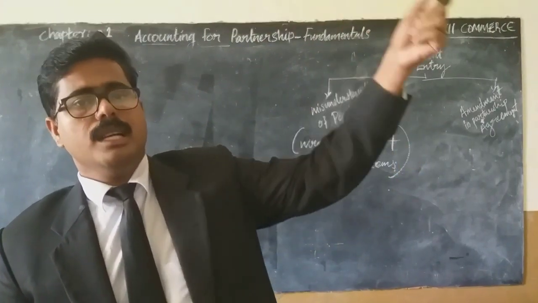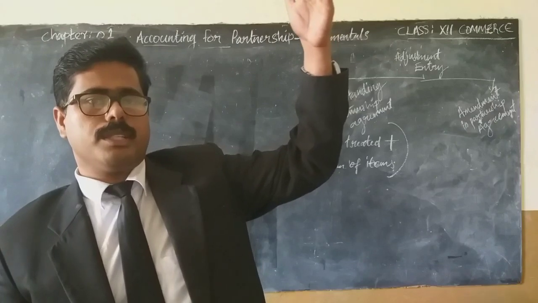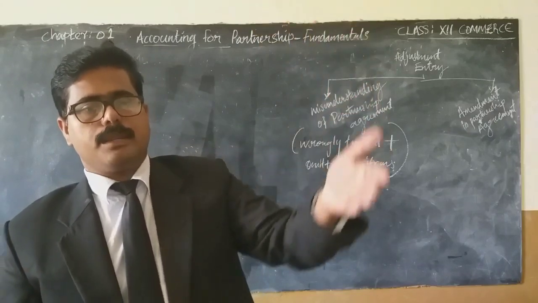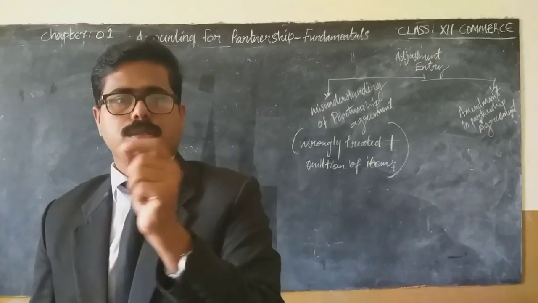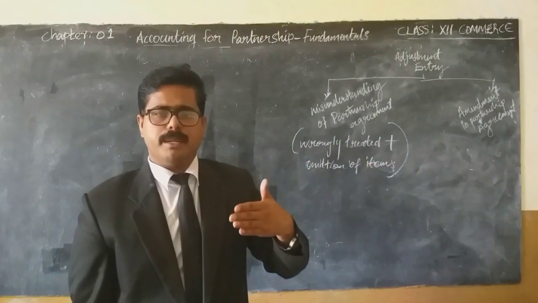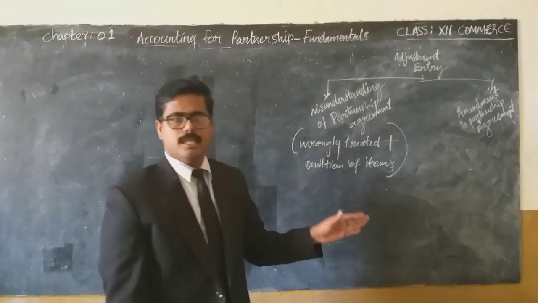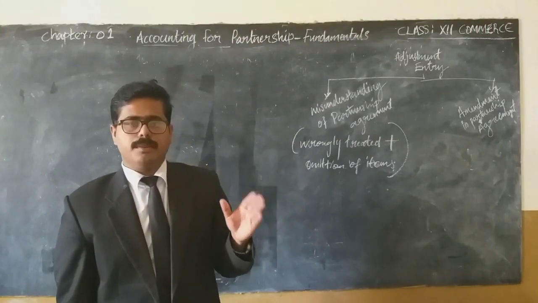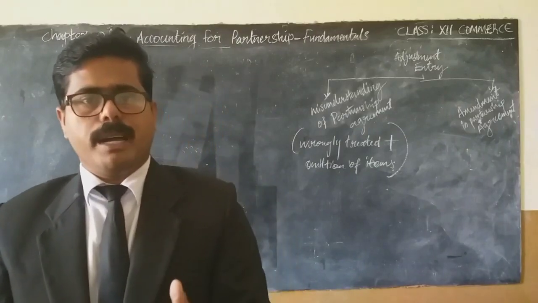Whatever profit they distributed over the last five years will be taken back and redistributed in 1:1:1 ratio. So that is amendment, meaning changes in partnership agreement. In these two cases we will correct the books of accounts by passing